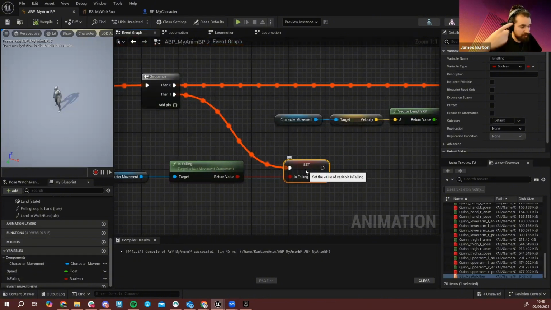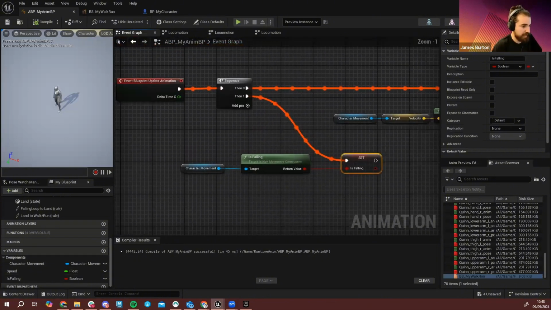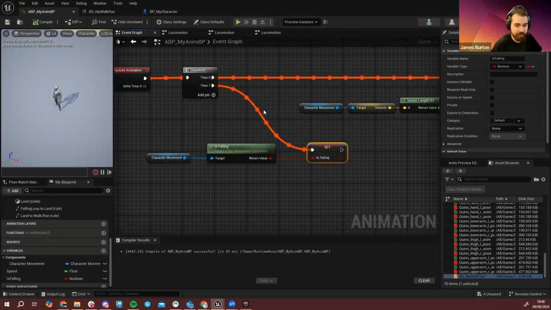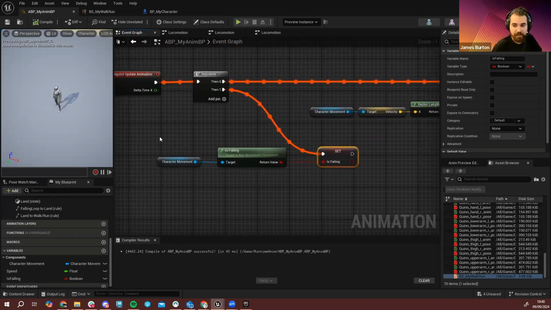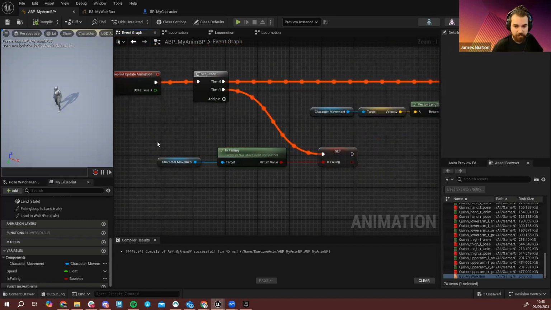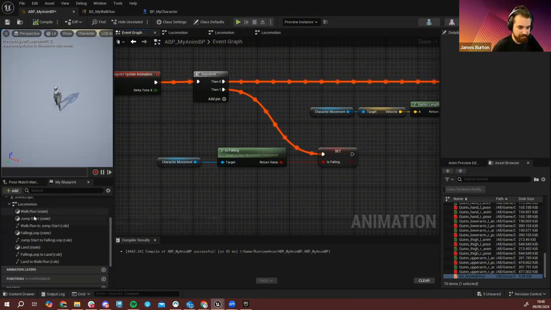Hey, are you true? Are you true or not? Because we want to know at the time that something's happening. We can't just make events for this really. There's too much that could happen. So we basically have it on tick, on update animation. So we now know whether we're falling or not. So if we go back to the anim graph,